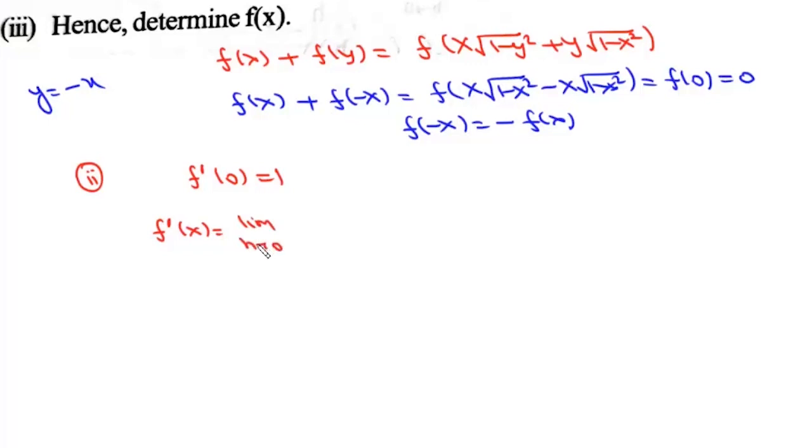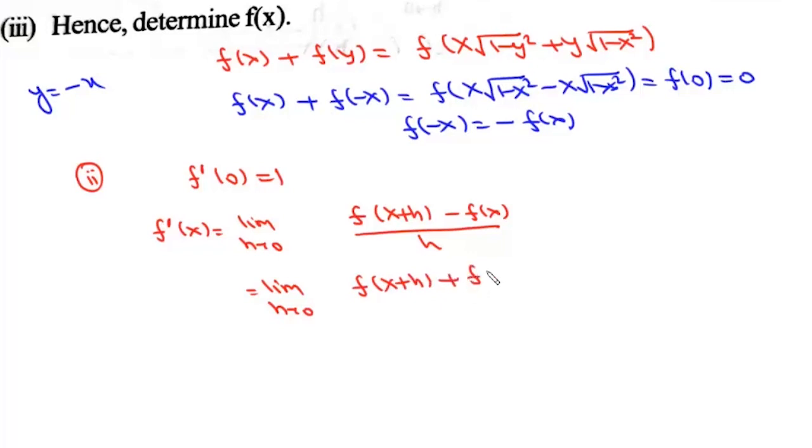h tends to 0, and it will be f(x plus h) minus f(x) upon h. Now we have already proved that this f is an odd function. We can write minus f(x) as f(minus x). So it will be this limit h tends to 0, and we can write this as f(x plus h) plus f(minus x) upon h. Now this is f(x) plus f(y). So now we'll write this as